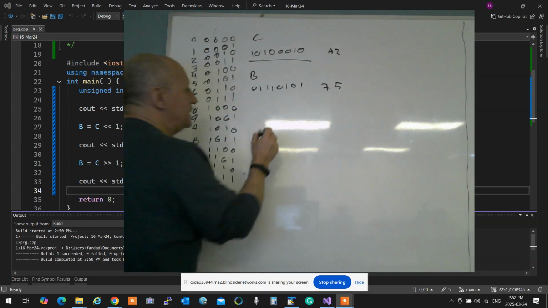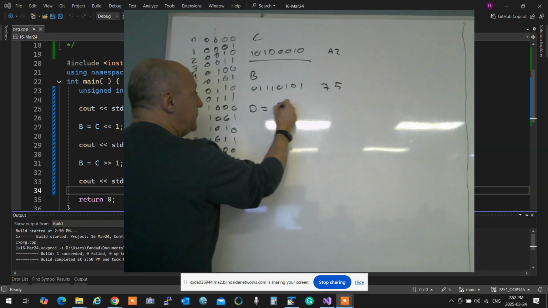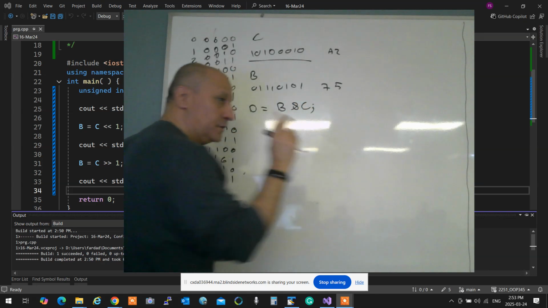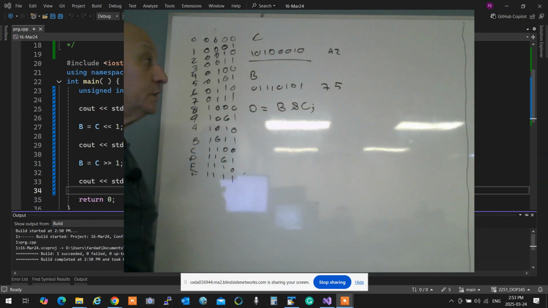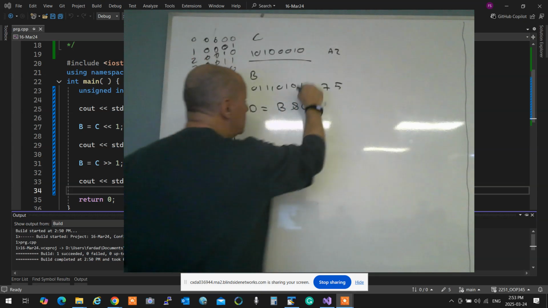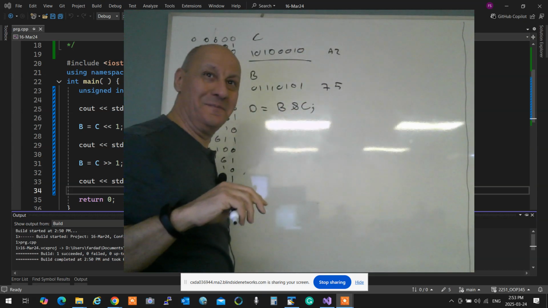Now, if I say D is equal to B and C, single AND, not 2, that's bitwise AND, which means the bits one by one will be ANDed together, if that's the verb.